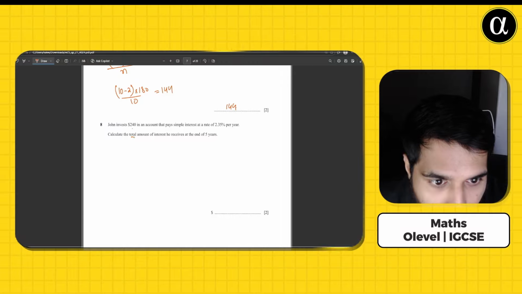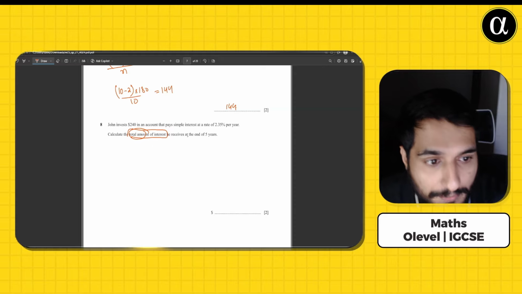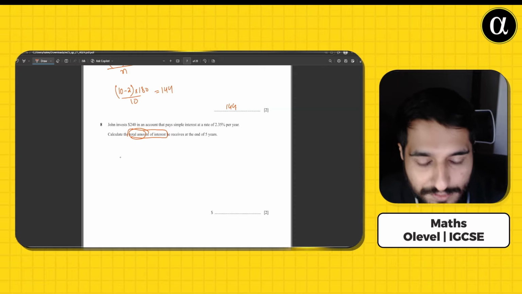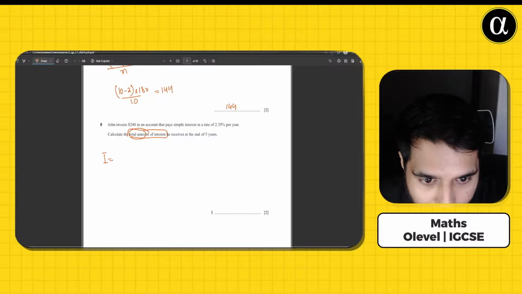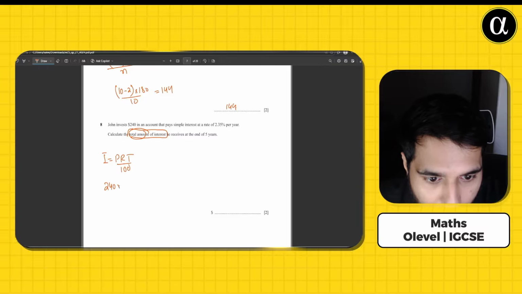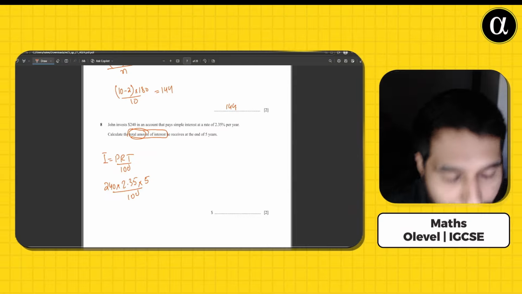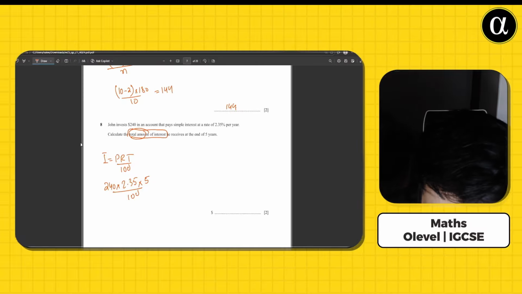Now, what the examiner is demanding is the total amount of interest, so do not get confused by the word total amount. How do we calculate the total amount of interest? For simple interest, I is equal to PRT upon 100, where P is going to be $240, and then we multiply it with the rate. The rate is going to be 2.35% multiplied with the time, that is 5 years, upon 100. Since all the units are on a yearly basis, 2.35% per year, and 5 years as well,